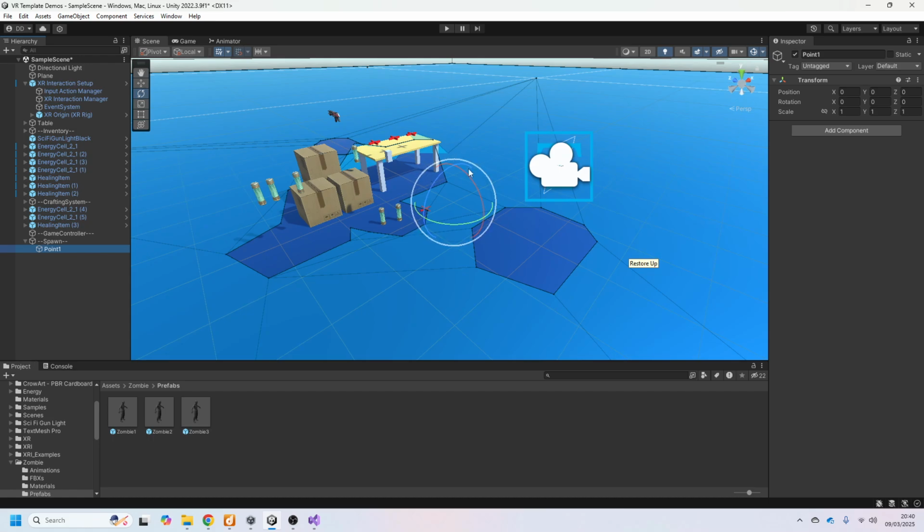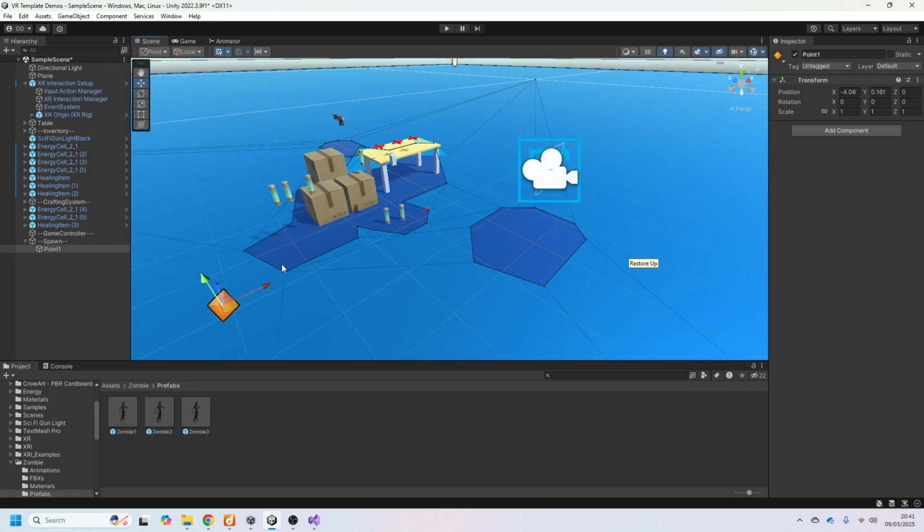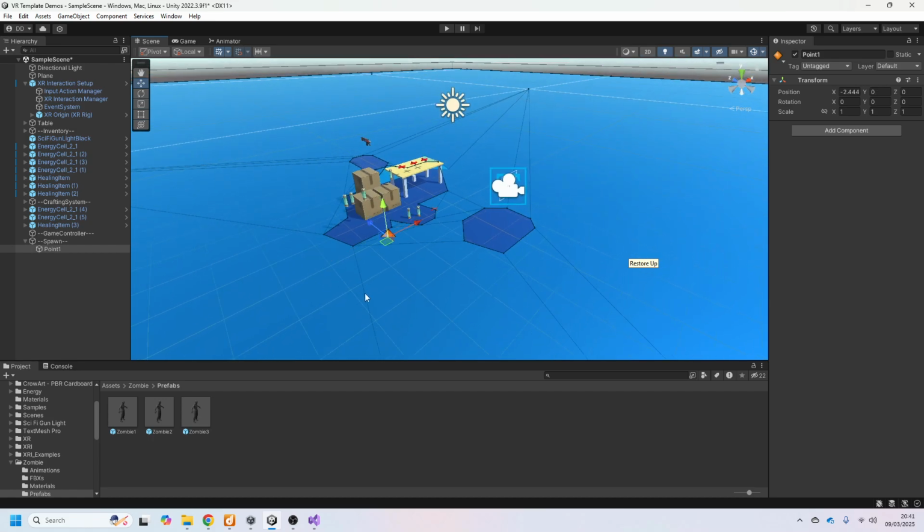Because this is an invisible object, I'm going to go next to its name and choose an icon, just so that I can see wherever this spawn point is. It now has an icon, so I can easily move it around. So in my game, I'm going to be able to choose 3 spawn points, and I'm going to always have the same zombie spawned in. You could make this a little bit more complicated, so you could have it spawn in multiple zombies or multiple different enemy types. But for now, a spawn object has multiple spawn points,